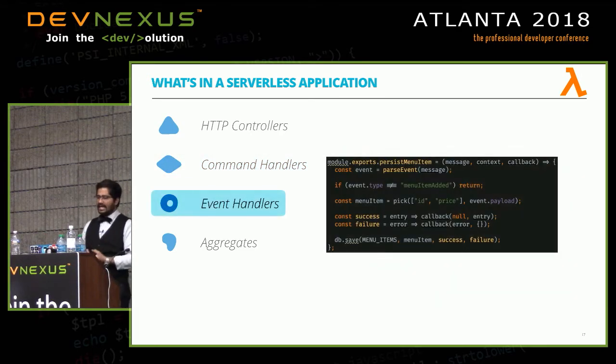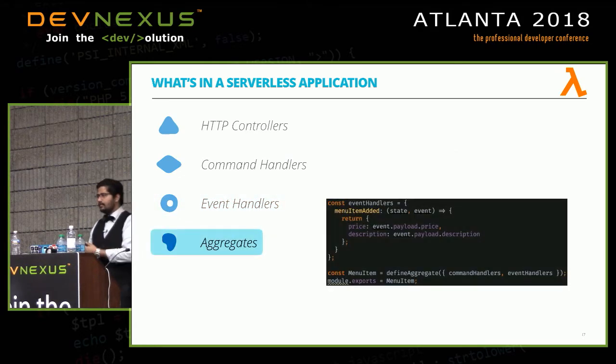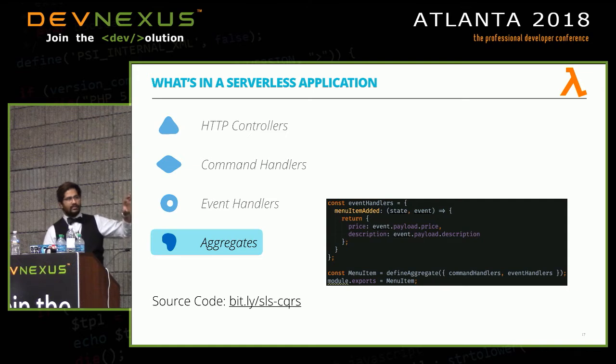The event handler is handling the event, and similarly, the aggregate is updating itself to make sure that the current state is managed. A fully functional version of this code is available at the repo that showed up at the bottom. It does give you instructions on how to run, what the prerequisites are, and all of those things. So I do recommend you play around with that if you're trying to get into building serverless applications.